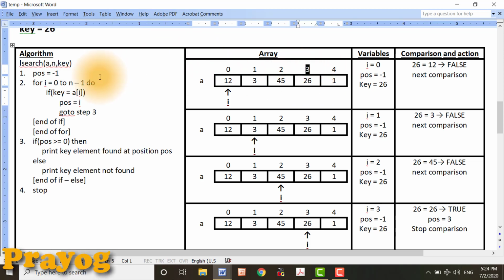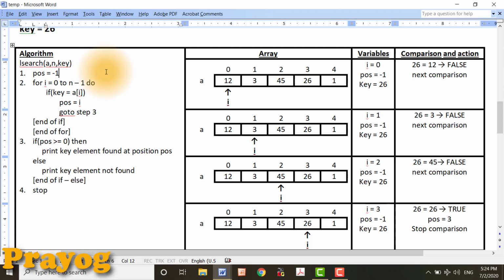But at the initial stage, the algorithm assumes that the key element does not exist. For a non-existing array element, naturally the index value is going to be an invalid index value. That's why it is -1. Remember, the index of any array element should be 0 or greater than 0. It can never be a negative number. Since the algorithm assumes that the key element is not existing in the array, the index of the key element is set to -1, representing that the key element is not existing in the list.